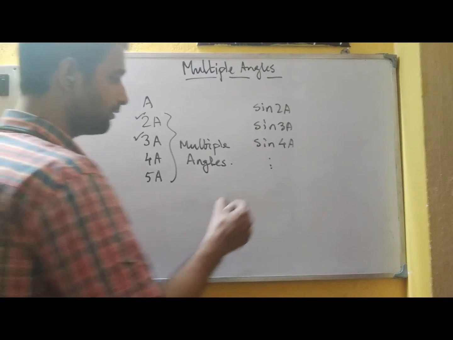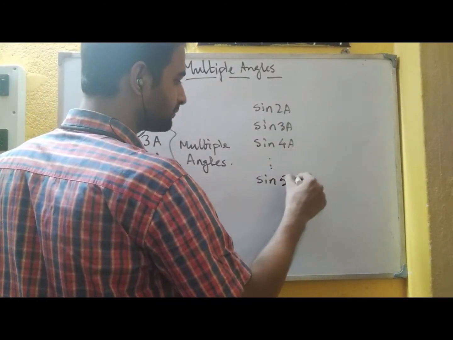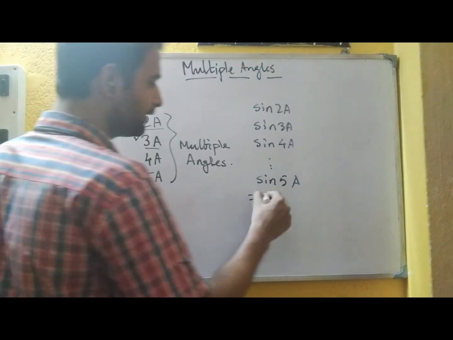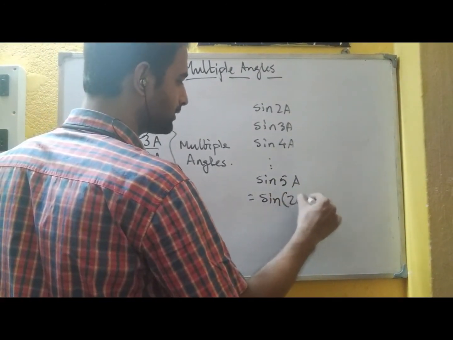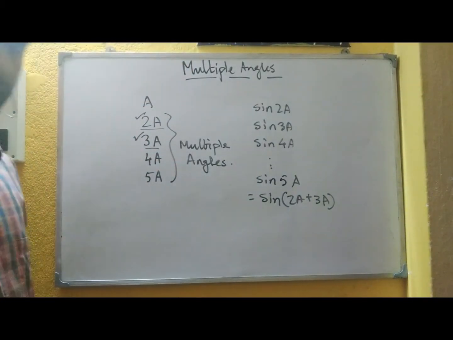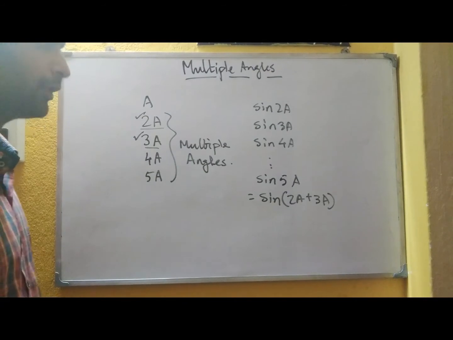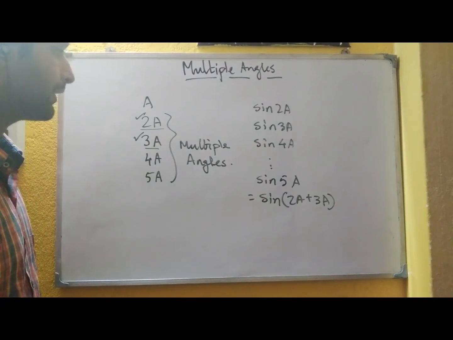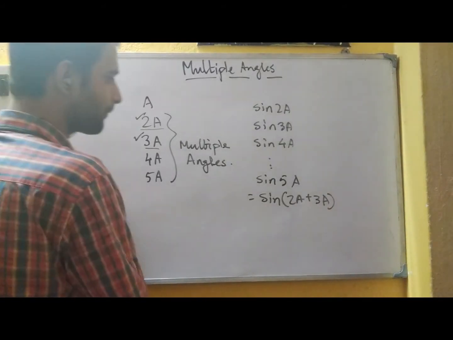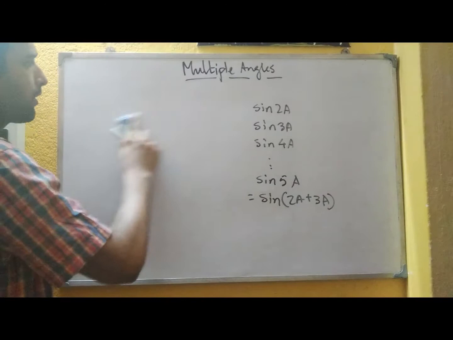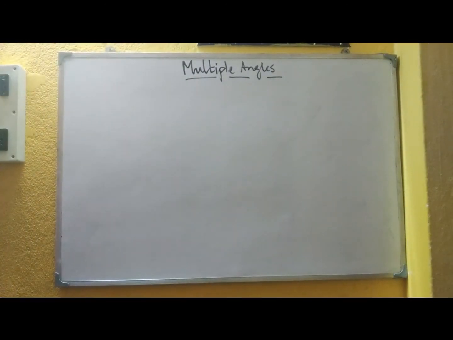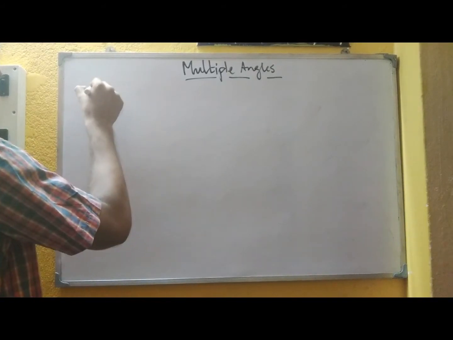Suppose we have to find sine 5A. Then if we know the formulas for 2A and 3A, we can easily write sine 5A as sine of 2A plus 3A, and applying the compound angle formula we can easily deduce the expression for sine 5A. Similarly for cos and tan it will work. So let us start with the first formula. The first formula is of sine 2A,